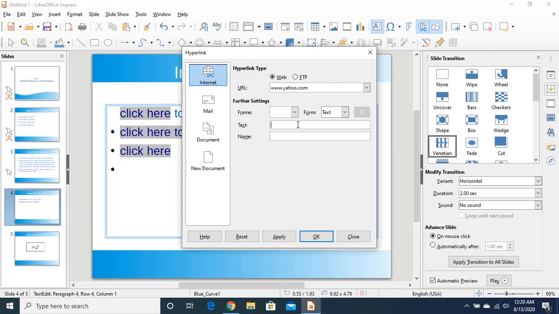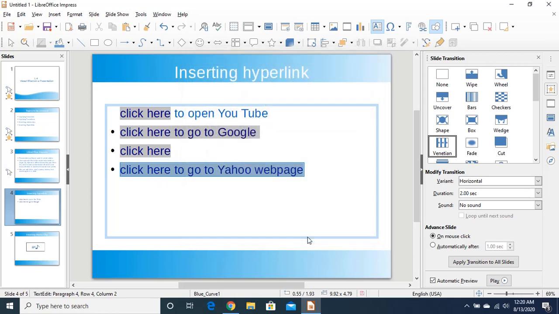So I'll write here, click here to go to Yahoo web page, right? Then click on apply, click here, this one appears here like this, you can see this, and then okay, right?